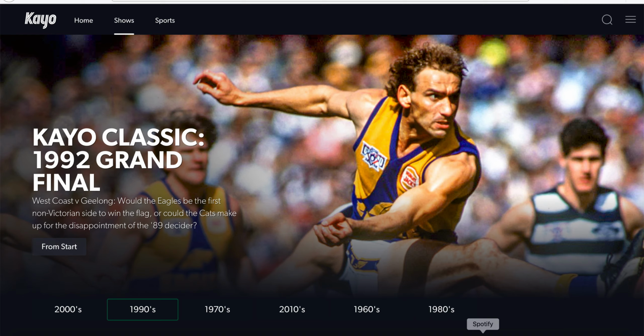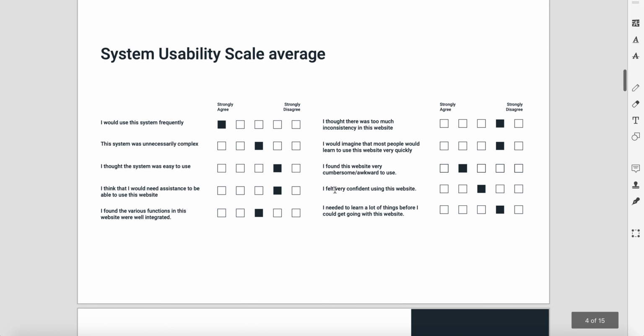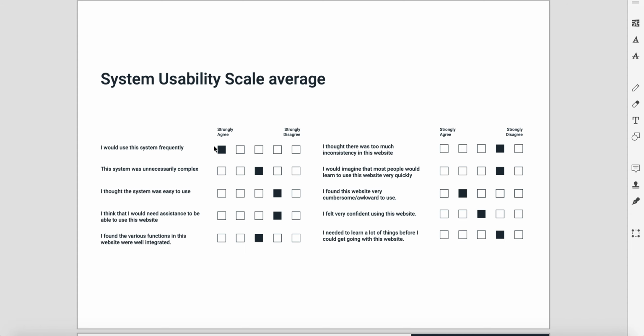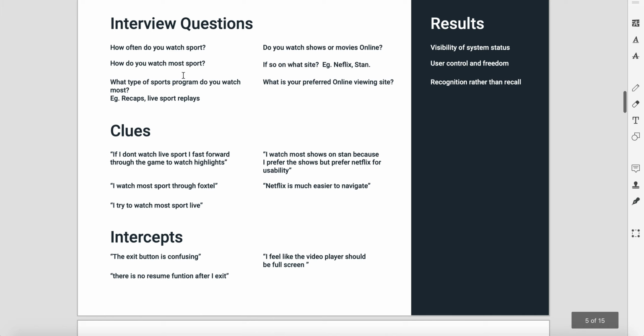So, going back, I did a system usability scale. I got 4 friends who all use KO. The results were pretty similar throughout for everyone. There were a few areas to focus on here, as well as from the interviews. I based my interview questions around the sports they watch and also their online viewing of TV and movies. I gathered some clues, and also did some intercepts while they were using KO to get their feel for everything. So there's a bit of qualitative and quantitative